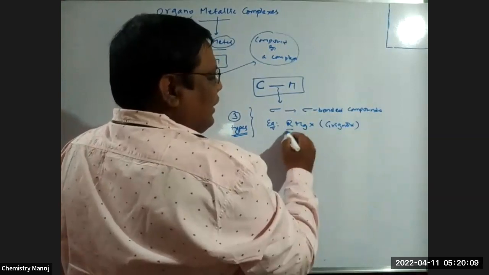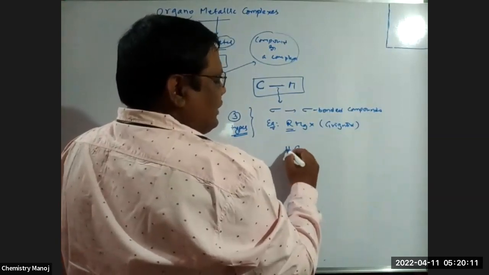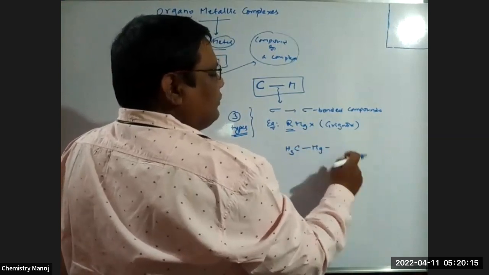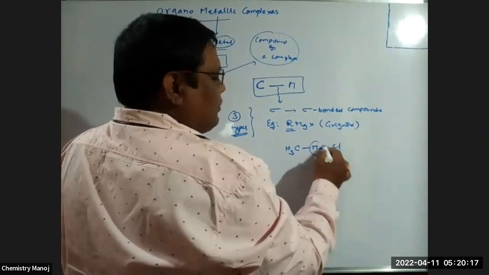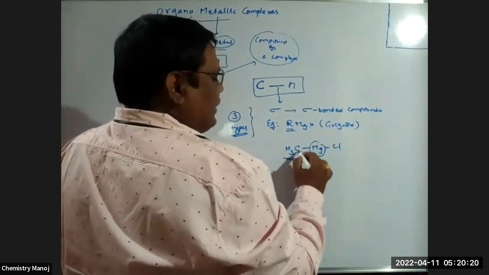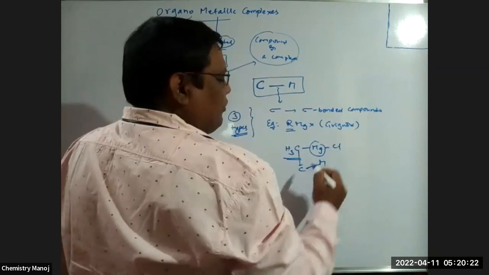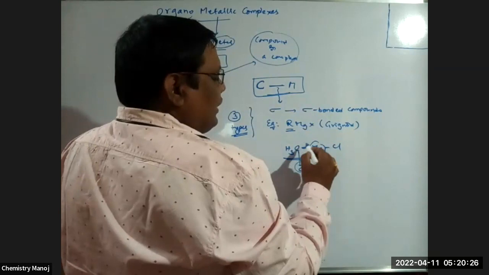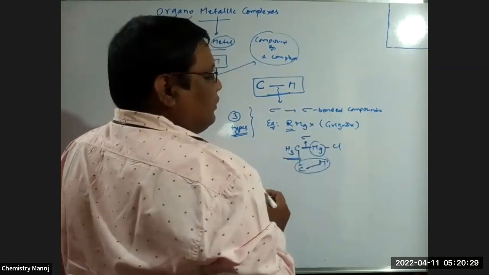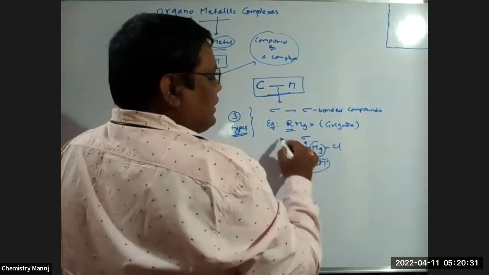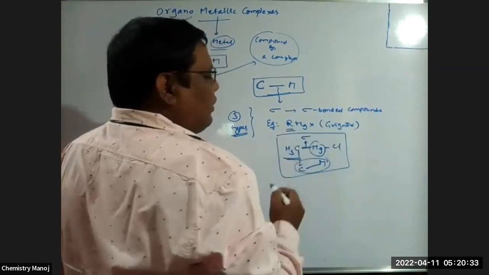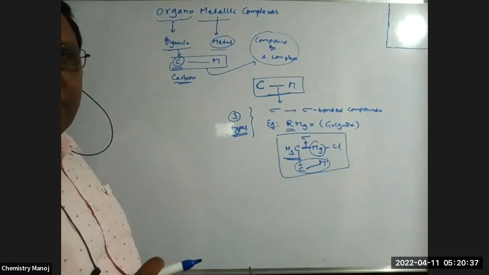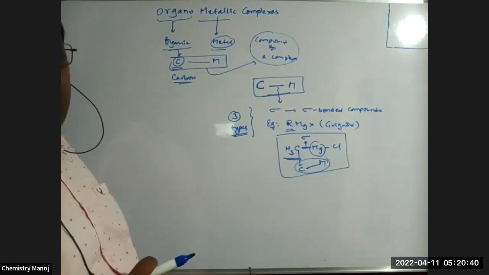Let us take the alkyl group as CH3, magnesium with chlorine. Here magnesium is a metal, my dear. From CH3, there is a carbon. There is a bond between metal and carbon, as I told just before. Here, the bond between metal and carbon is a sigma bond. That is why this is an organometallic compound with a sigma bond between metal and carbon. Clearly understand or not?